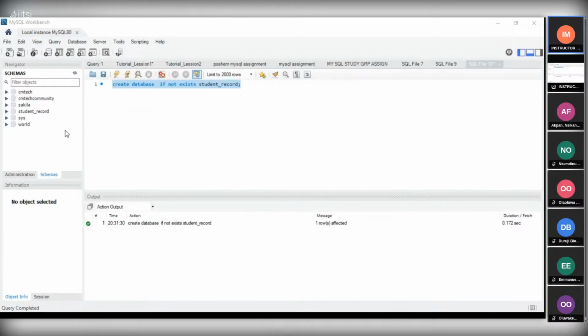Now, this is how you create your database. For example, I create a database. I just write create database. I did not put if not exists. It will just create it, and maybe if the database already existed before